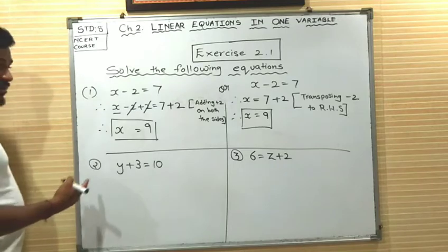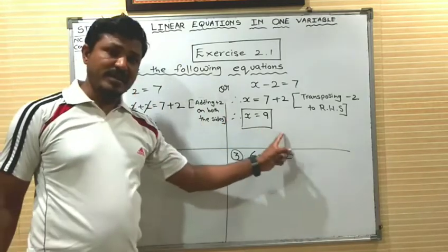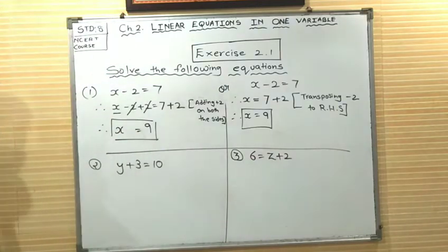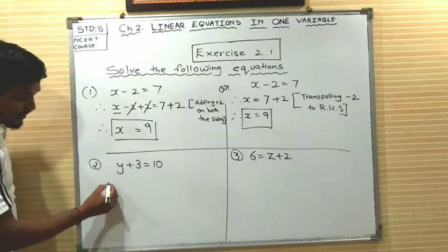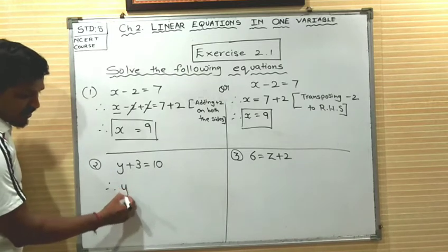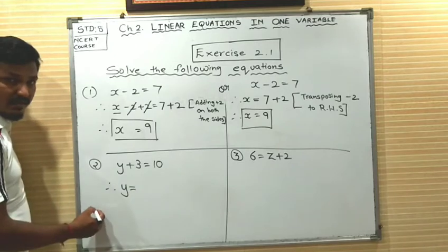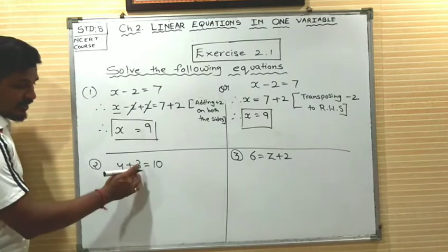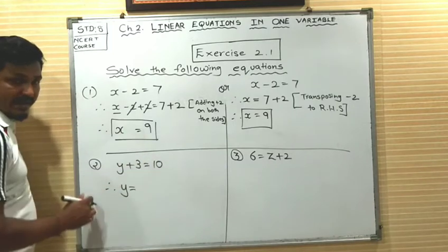Now which one is easy? I will suggest always follow this transposition method. Now we will try to solve this sum with that method only, transposing method. See, again try to separate this y, always put equal sign beside variable. Now while transposing this positive 3 on right hand side, it will become negative.